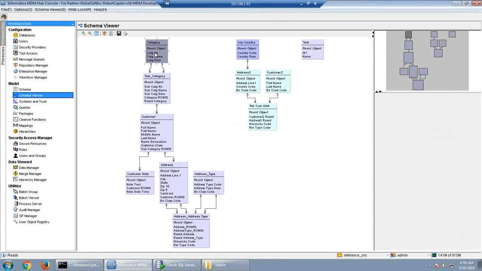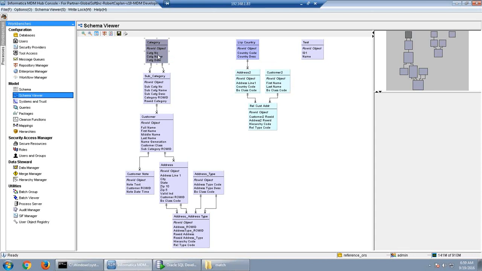So I can go to any base object if it is related in any way. See here on the right hand side you have an address 2 and a customer 2. These are not related to customer. But if somehow they were related in any sense, then I could traverse to these base objects also. Some relationship should be there.